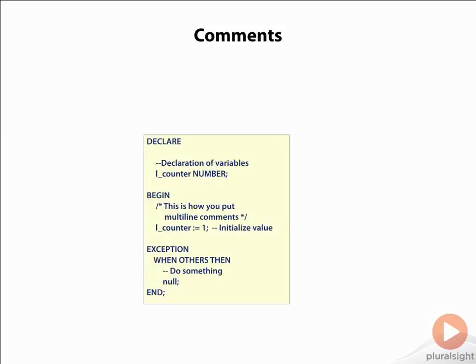Good documentation in the code is always very helpful for the maintenance of the code, and comments help with that. There are two kinds of comments you can put in PL SQL. First is the single line comment. These can go on a line by their own or can also be put in line with code towards the end. They start with 2 dashes. The other type of comments you can put are multi-line comments which start with a /* and end with a